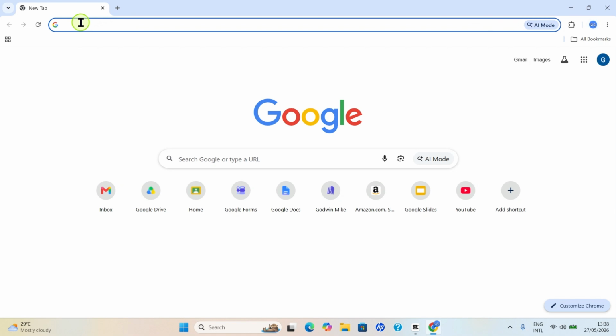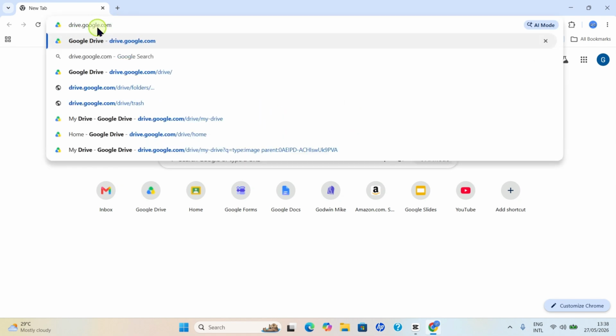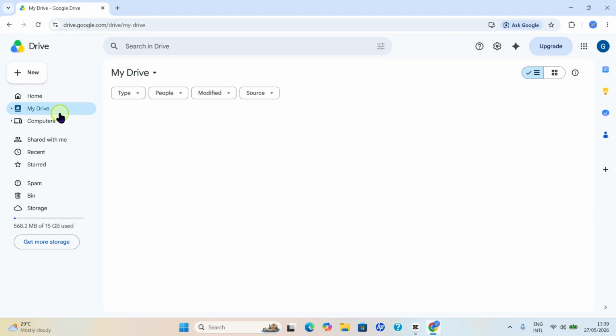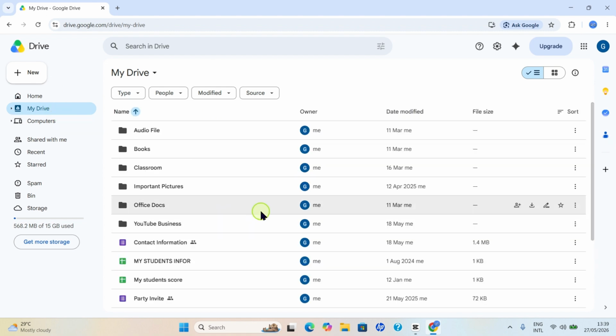drive.google.com. If you are prompted to sign in, please do so. You can see the web link here, drive.google.com. So I will press the enter key of my computer keyboard. Once you're here, you'll land on the home tab. Click on My Drive. This gives you access to all the files and folders you have on your Google Drive